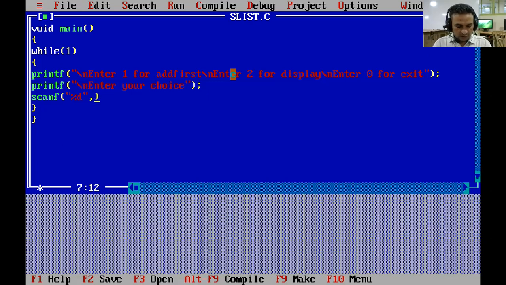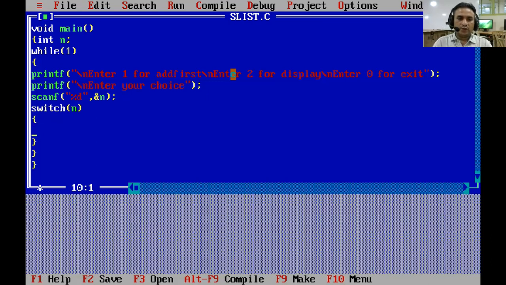For this, I have to read a number n, and I have to declare n of type integer. Now use the switch case statement. In switch we pass the variable n.